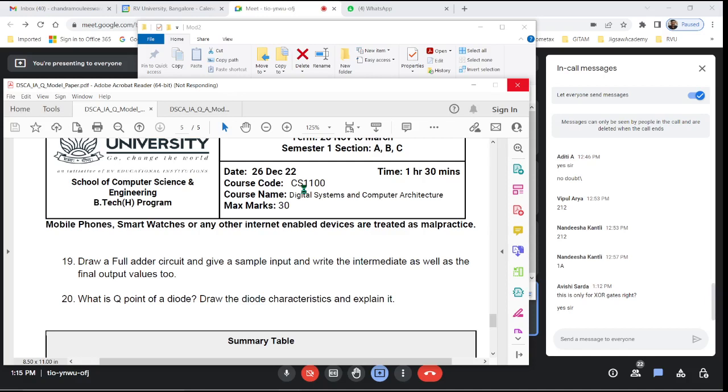Then what about the last one, the Q point? Okay, this is also a diode. You need to draw the